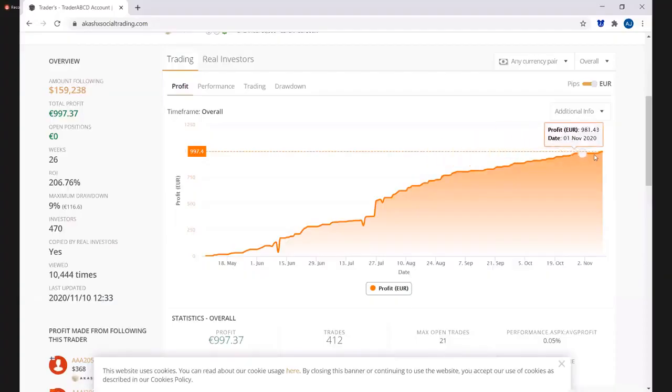Little one here, and then he's been pretty steady and consistent since. So this is important. Drawdown is something to help you gauge the risk that you might have by following this trader. Just because his past drawdown was only 9% doesn't mean he might not exceed that at some point in the future, but it's a good gauge to give you an idea what kind of risk he takes